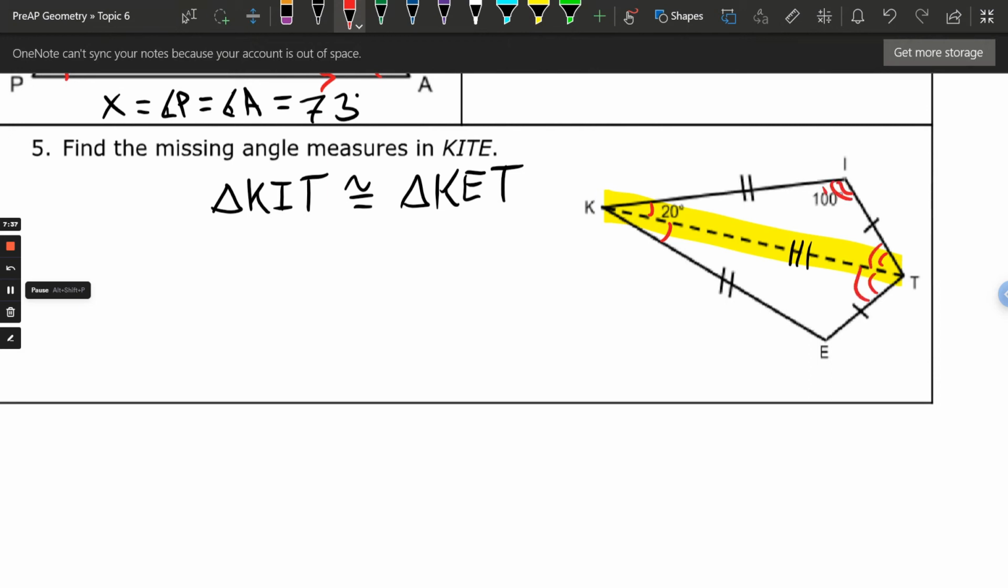Okay, so for example, I can already tell that angle E is going to be 100 degrees, because it has to be congruent to angle I. Also, you'll notice that this angle over at K has to be 20 degrees as well, just like the other angle at K. And then finally, if we do the Triangle Sum Theorem with angle ITK,